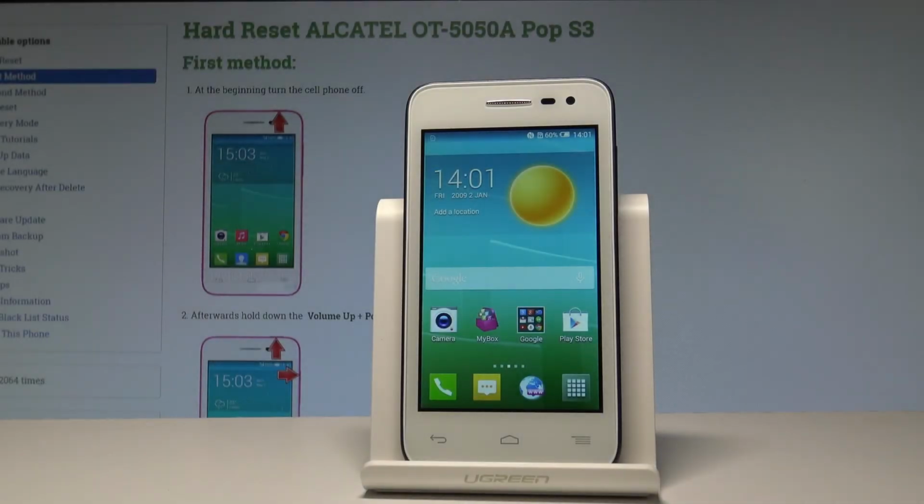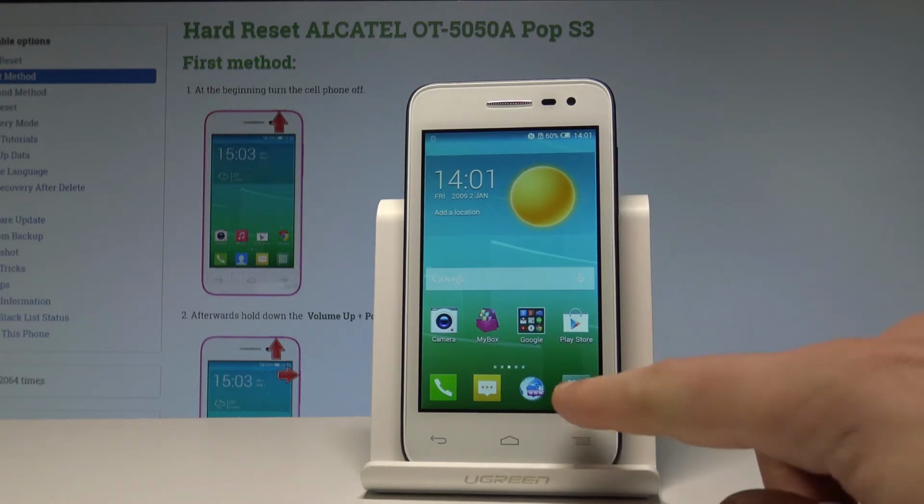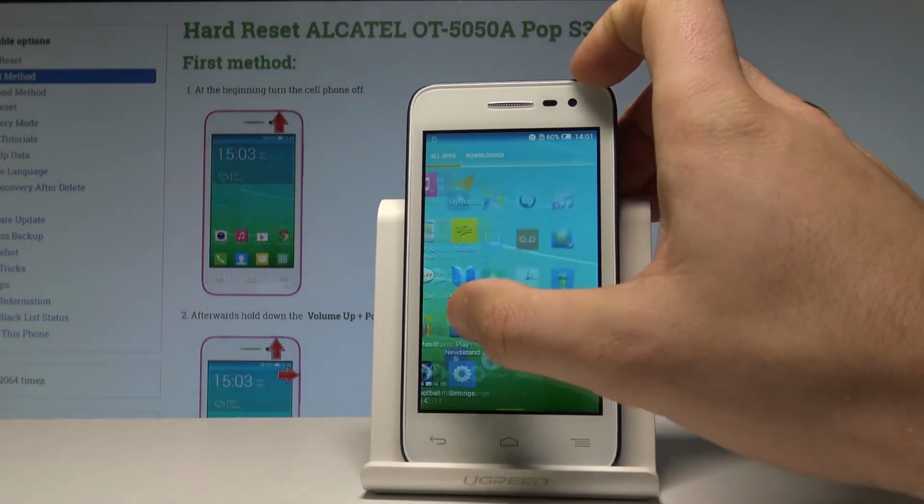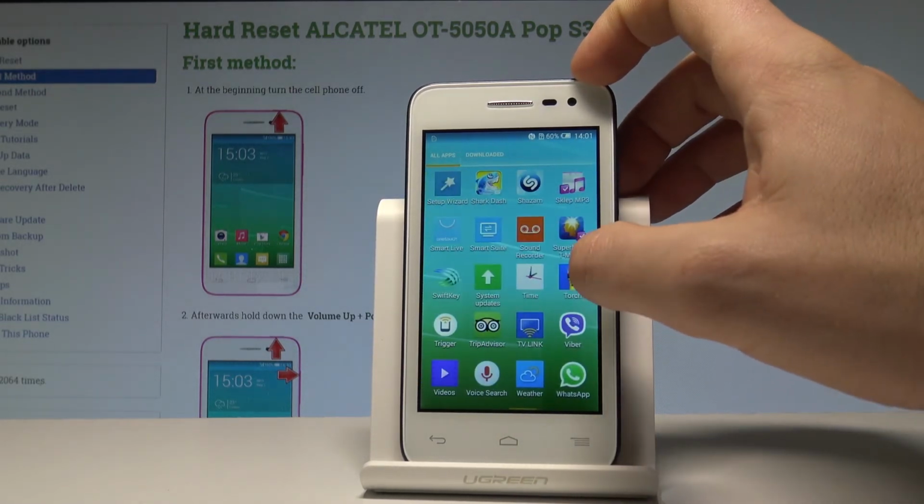Here I have ALCATEL Pop S3 and let me show you how to change language on the following device. So at the very beginning, let's start by using the apps icon. Then you have to find and select the settings. So here I have the settings